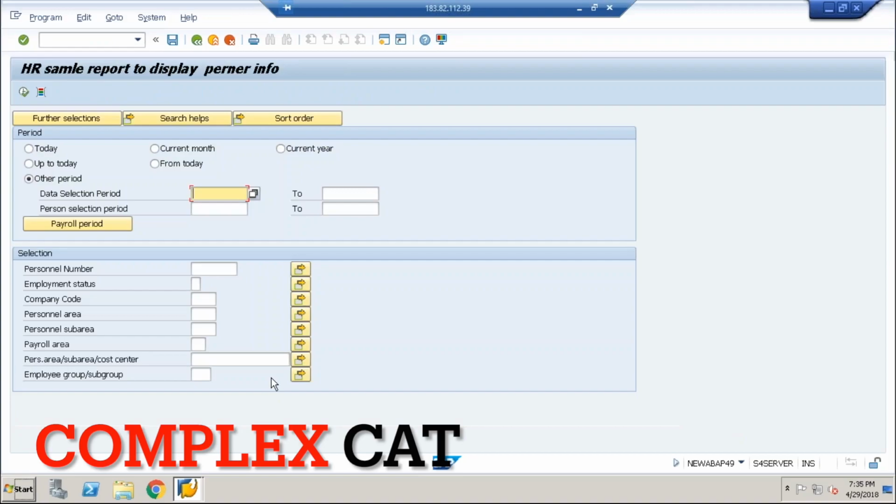See, if I execute this now, you can see by default a simple selection screen, and the importance of this selection screen we also need to understand. We know that entire HR information is based on the date basically. That is the reason SAP has created this particular selection screen where the first step is period. So when do you want to get the information? Whether from today, current month, current year, up to date, or whatever it may be,